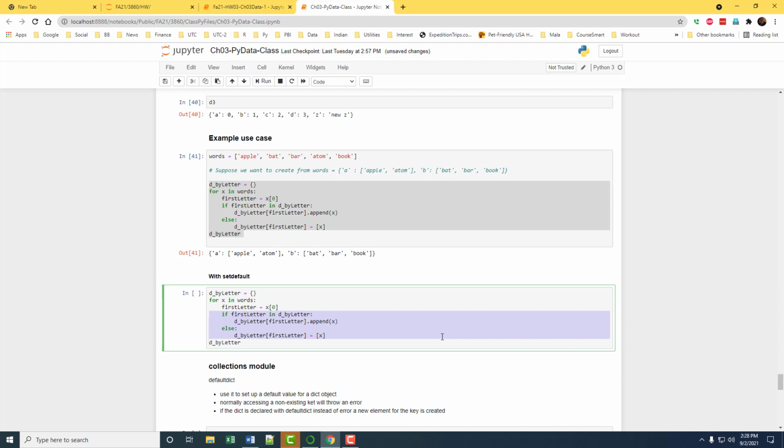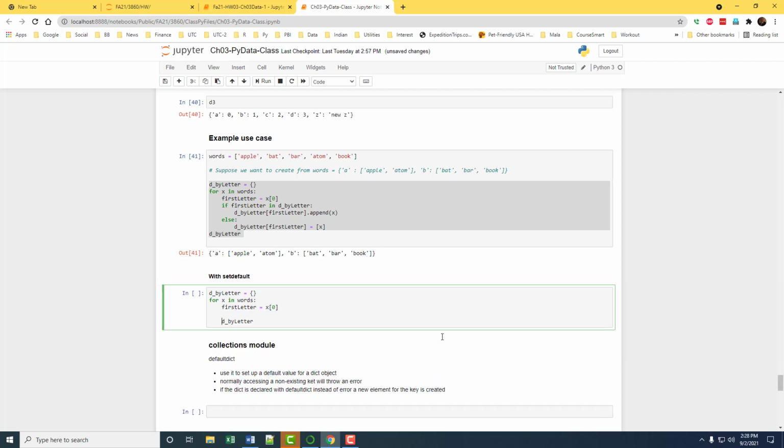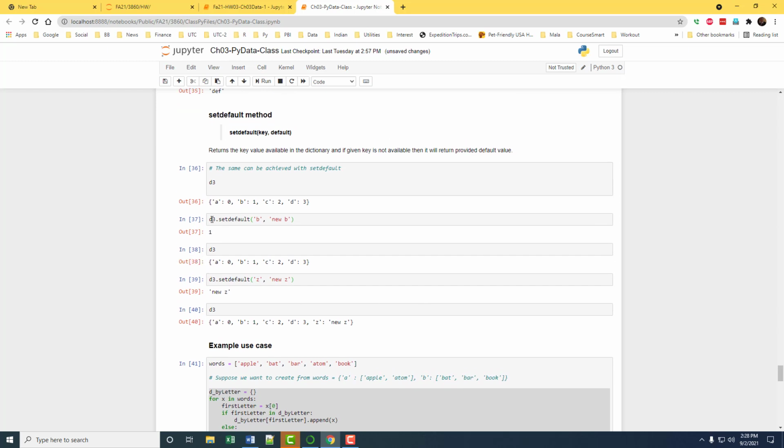Instead of having to check whether the key exists in the dictionary or not, what we're going to do is use the setdefault.